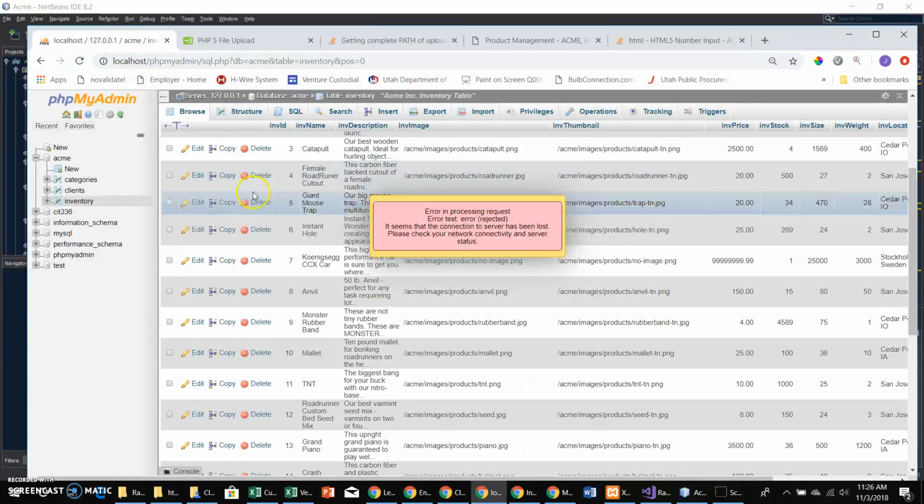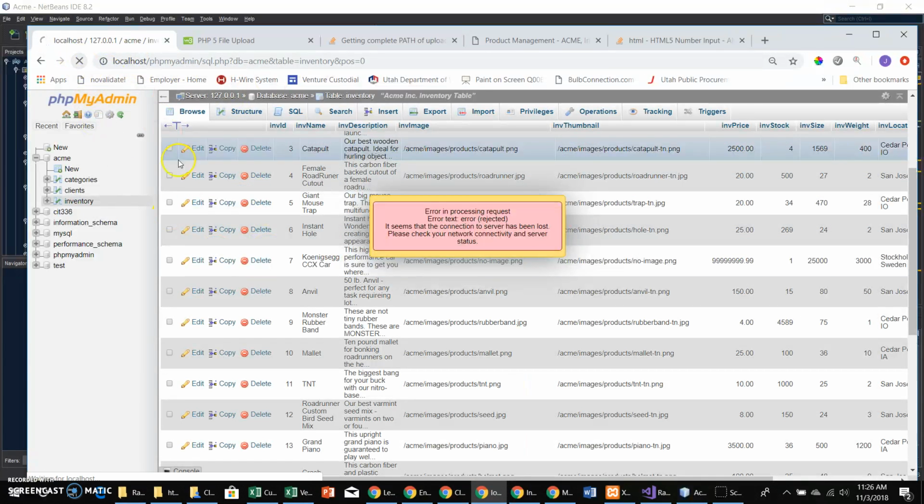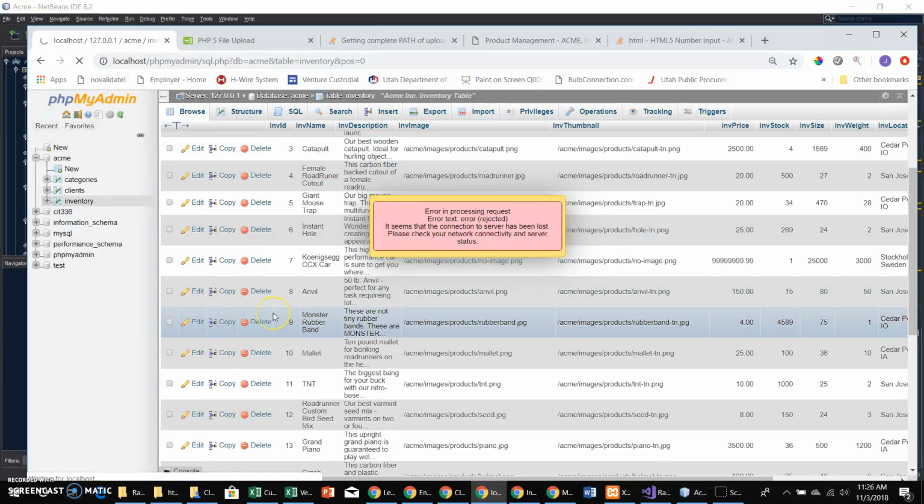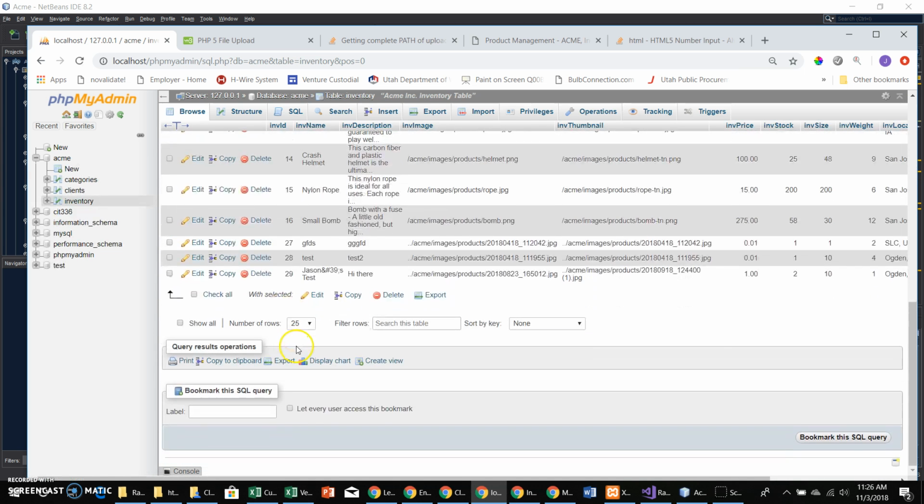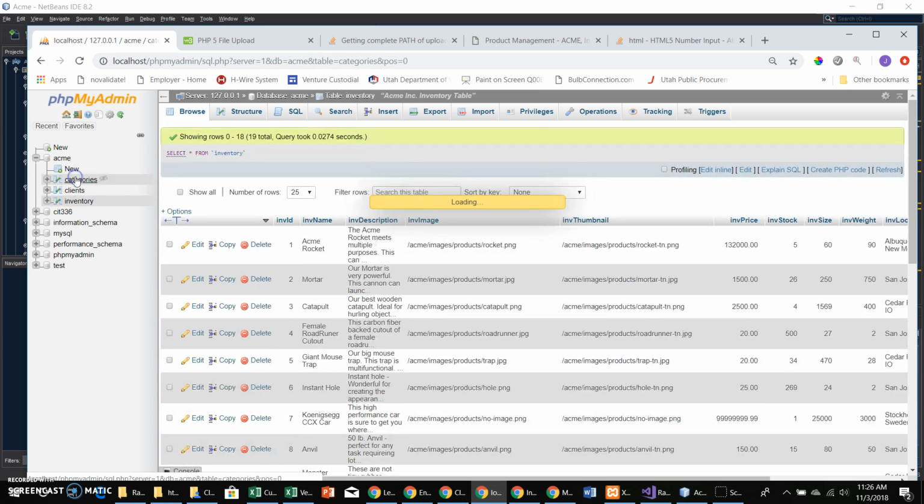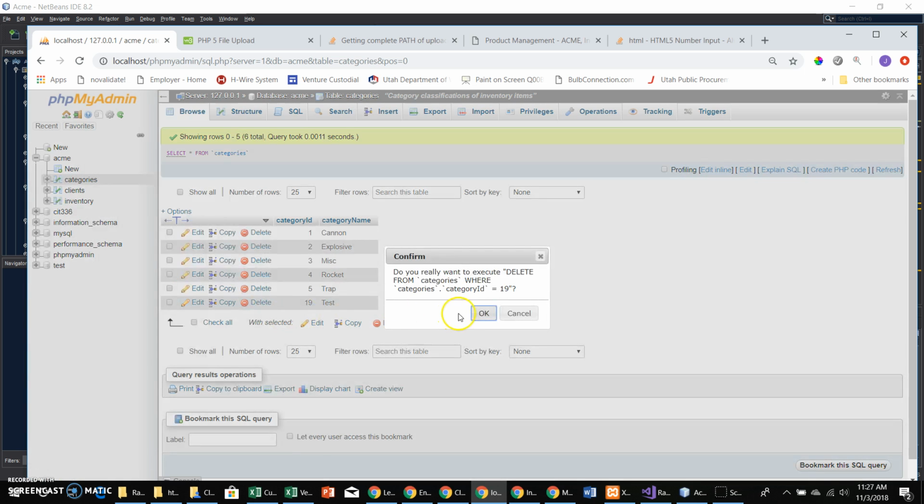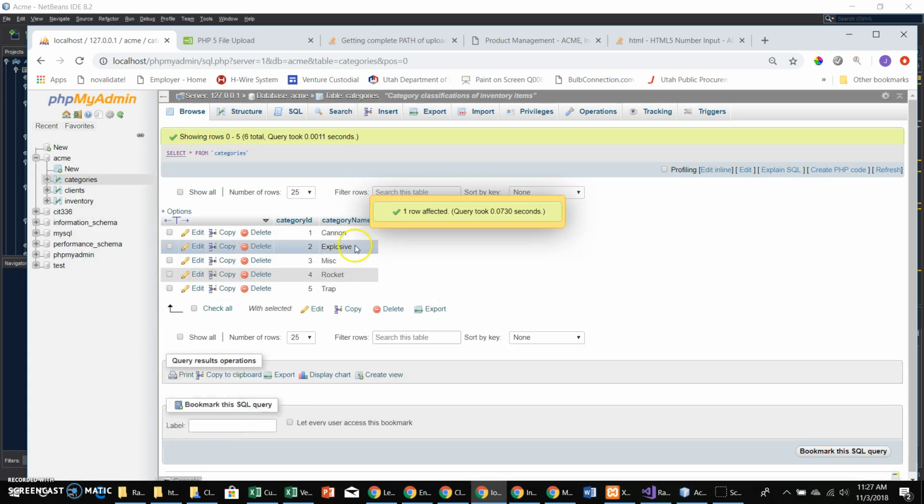Those, actually, I can go back and show you if I refresh this page. So this is for the inventory, that test one I just put in will pop up here. So here's my test. And then my client categories. There's my test category. So